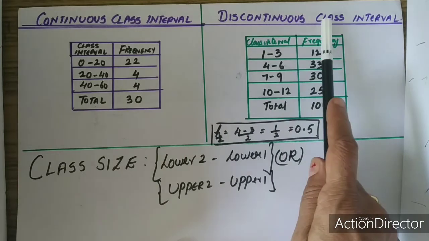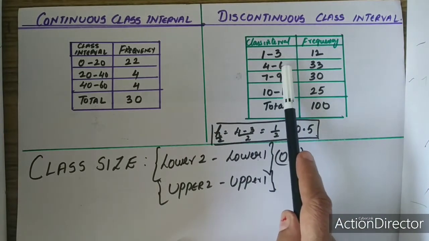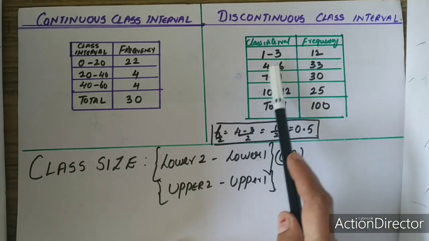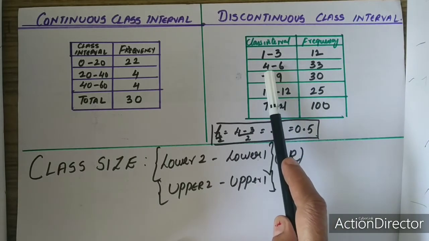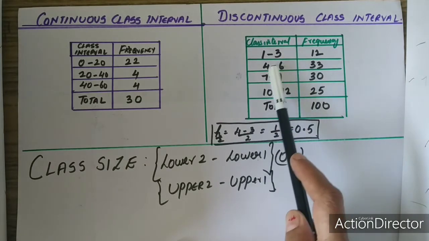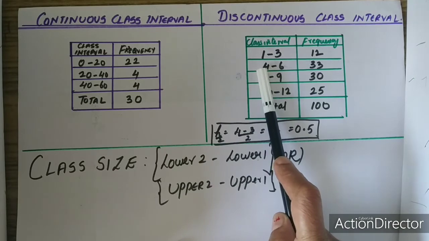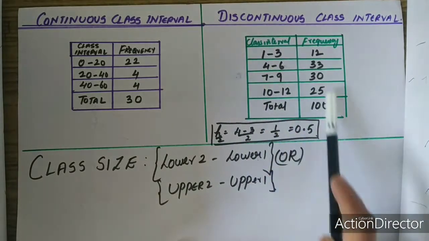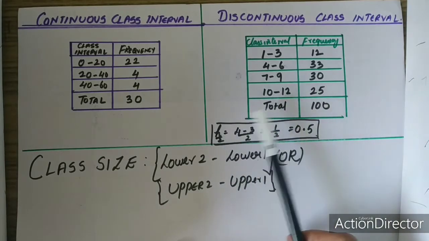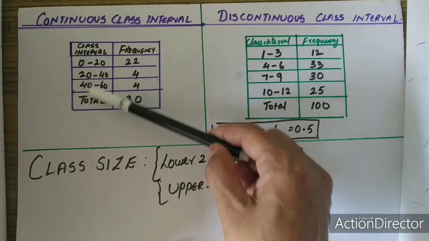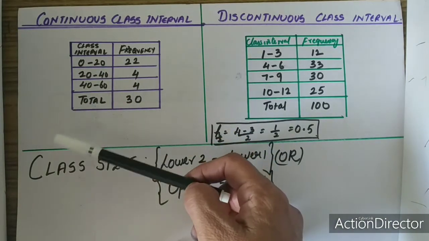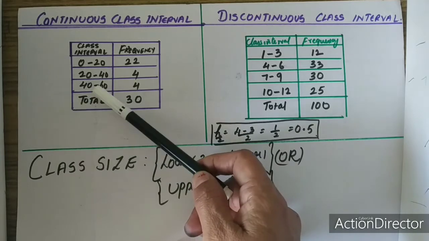Now coming to the discontinuous class interval. It is clearly seen because in the first class interval you observe 1 to 3 and in the next class interval you see 4 to 6. This number is not repeated over here. That is, the upper limit is not equal to the lower limit of the succeeding class. So this is the discontinuous class interval. And for drawing the histogram, you will always see that the class size is the same throughout. If at any case they are not the same, you have to adjust the frequency and change it. That is a rule actually.